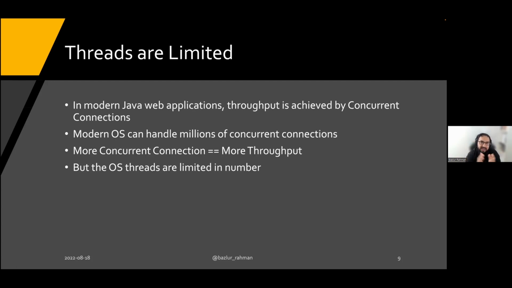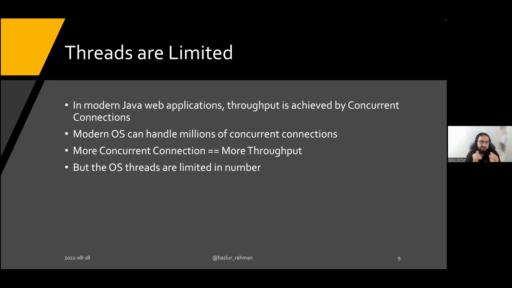So think about the scenario. We have 400 threads in an application server, and we have 400 requests, similar to the scenario I have just explained. Most of the time, those threads are basically blocked if we have an IO intensive operation like talking to a database or other microservices. So even though we have 400, which is many, most of them are blocked, waiting to get results, right? So in a way, we're wasting CPU.